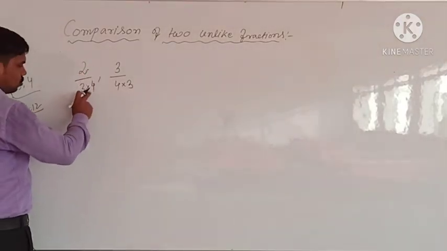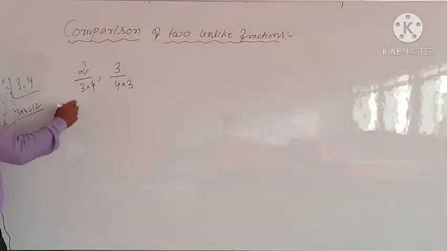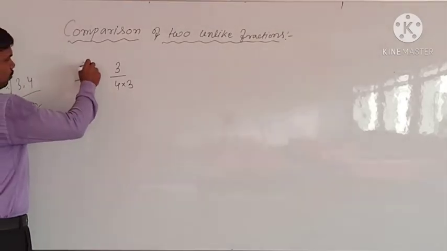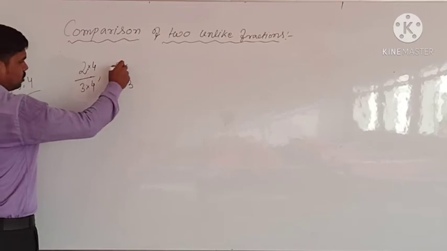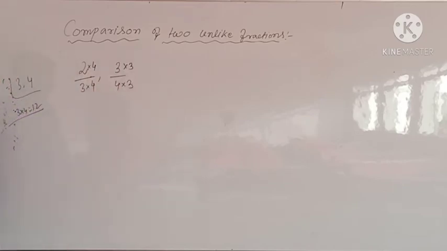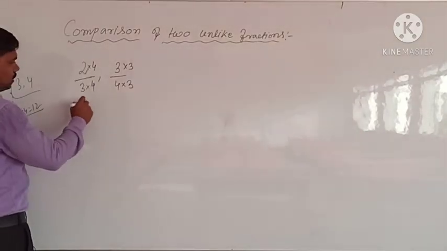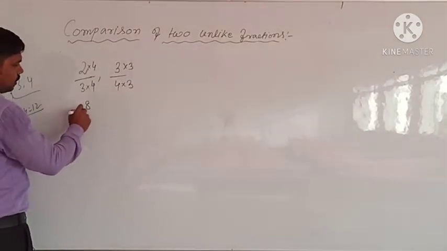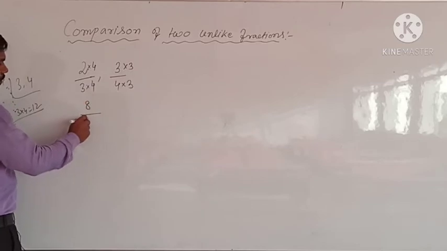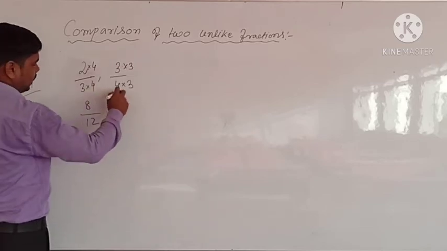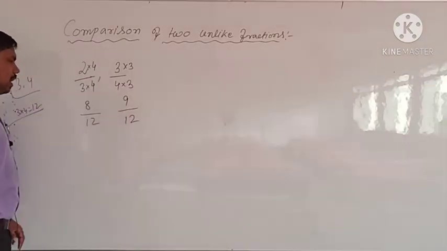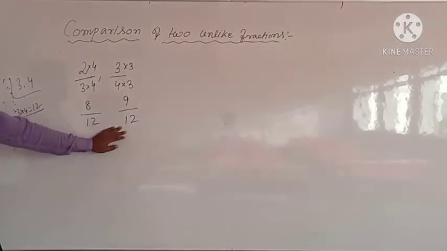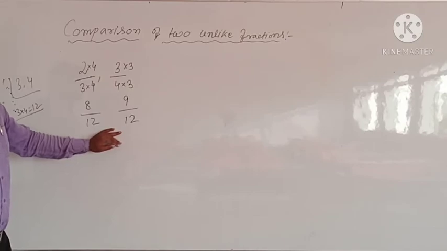तो अब अगर हम लोग डिनोमिनेटर को मल्टीप्लाई करते हैं, so you have to multiply the numerator also with the same value, and you have to multiply here also the numerator with the same value. So यहां पे हमारा जो नंबर बनेगा 4 2 आर 8 divided by 4 3 आर 12 and 3 3 आर 9 divided by 4 3 आर 12. Now you got both the numbers in like fractions.